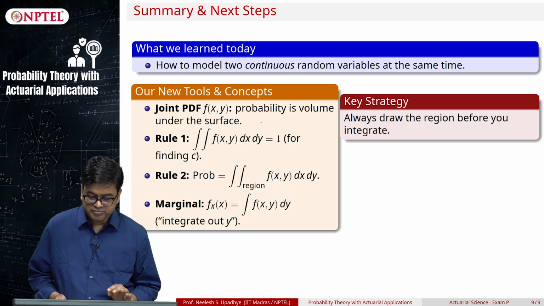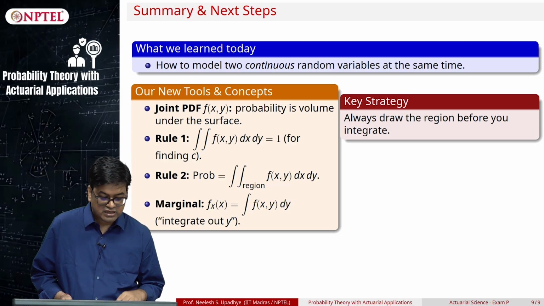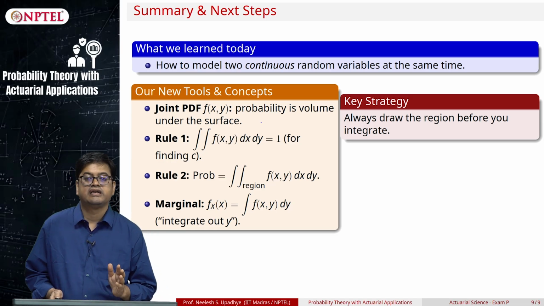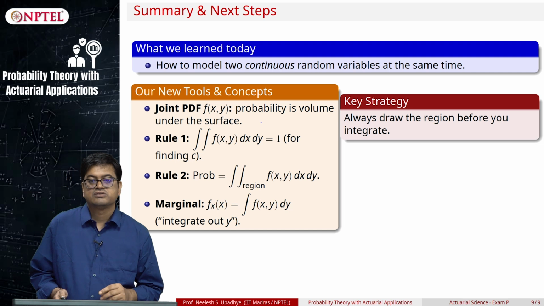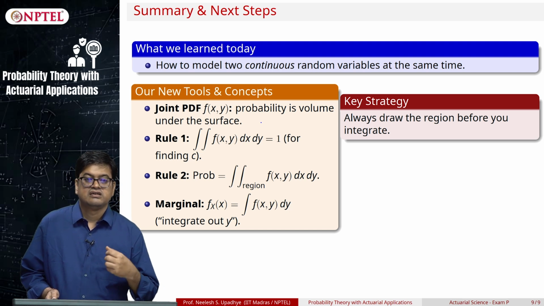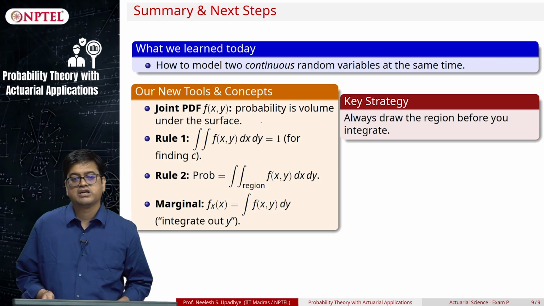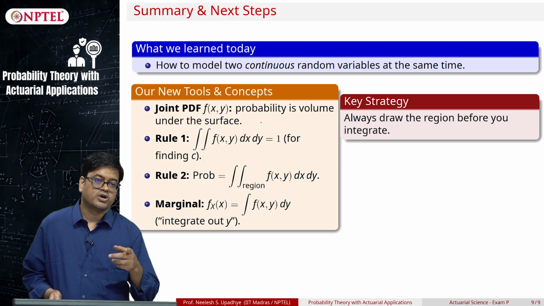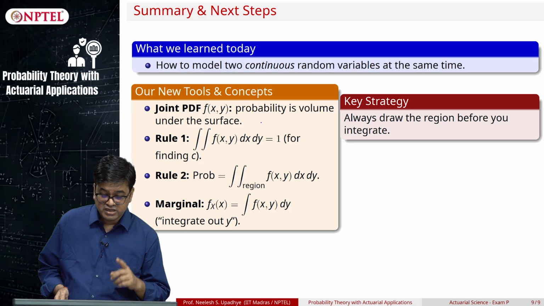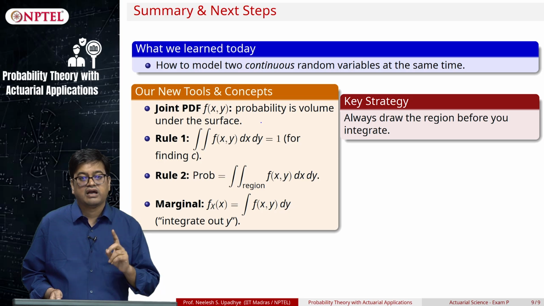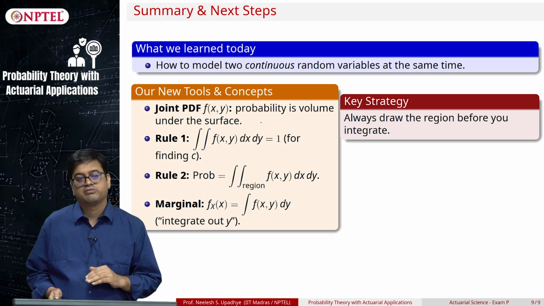you can straight away start with the integral. So, what will we do in the next class? We have already seen these two random variables are interacting with each other. So, it is naturally important to ask a question: what if I know something about one random variable, what will happen to the other random variable? We handled a similar thing when we handled the probability of an event, and we called that conditional probability.